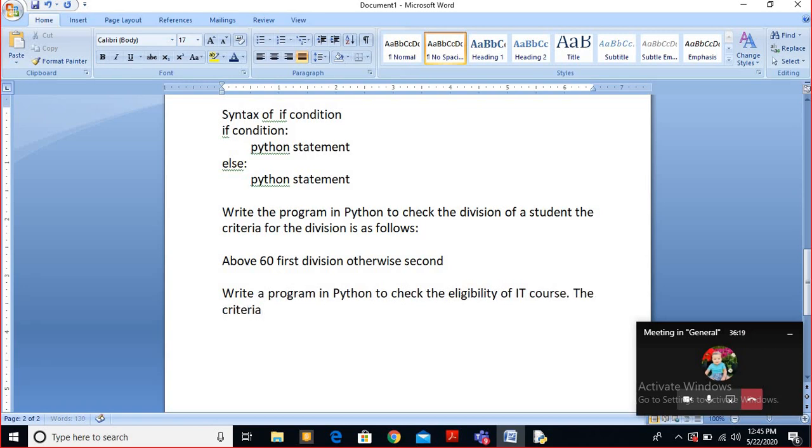The eligibility criteria for the same is as follows.